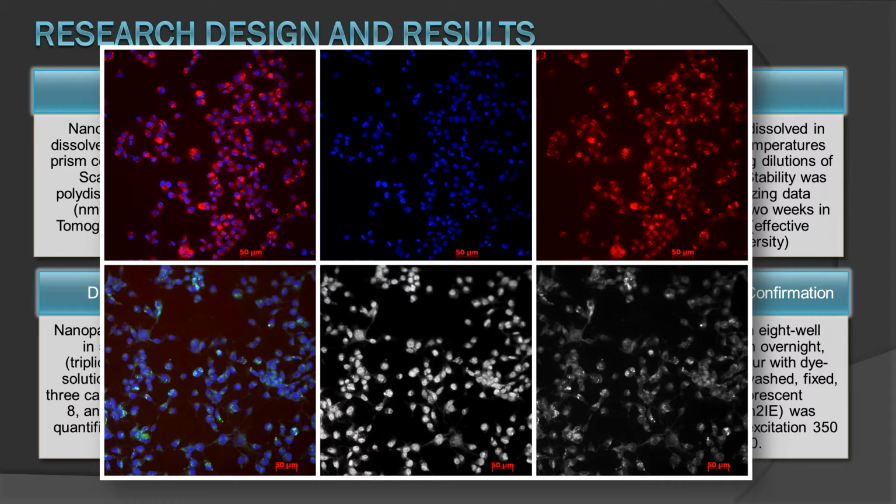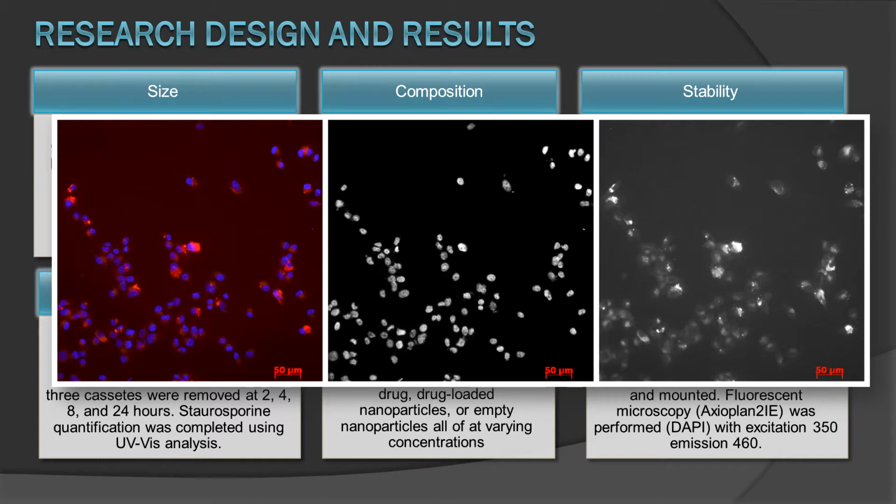Now on the bottom, which is the block copolymer, you see that same pattern. The first is a superimposition of the 2 different images. The second one you see is the cell morphology, and the last one you see is the uptake of the nanoparticles. Now here what's really great is that rhodamine dye, which is what you see in pink,